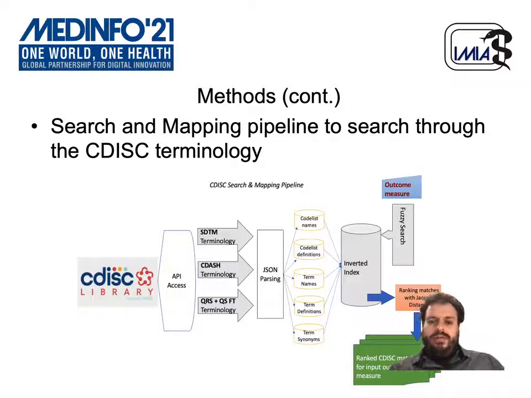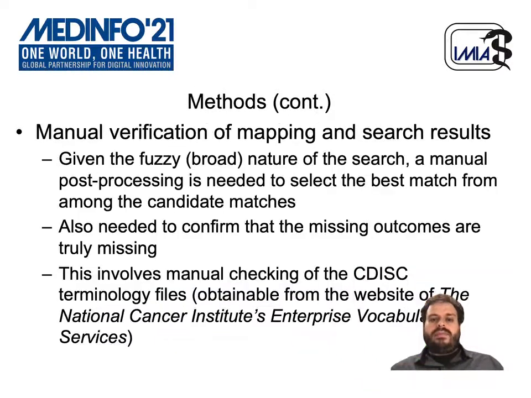The whole goal in the process is to not be a strict search and mapping, but rather to cast a wide net, and then to rank the candidate matches so that there's a post-processing step where the best candidate is selected from among the top 5 or the top 10. So that's the role of the manual verification, which is the third part in our approach. So we have the benchmarks, the mapping of the benchmarks to the CDISC terminology, and then manual verification of the